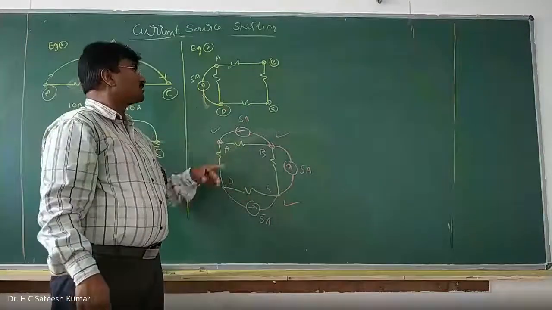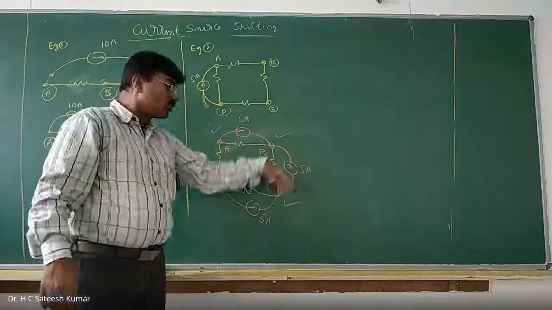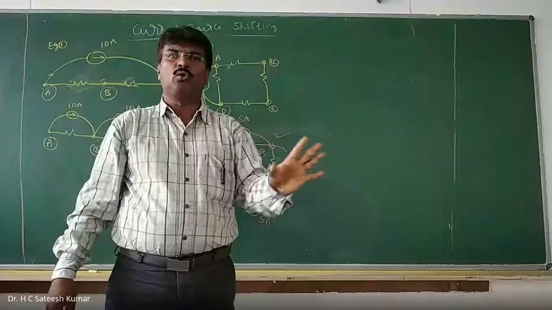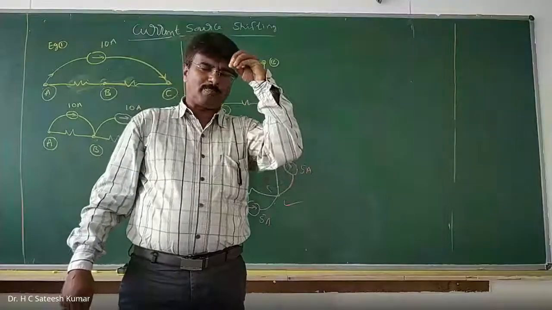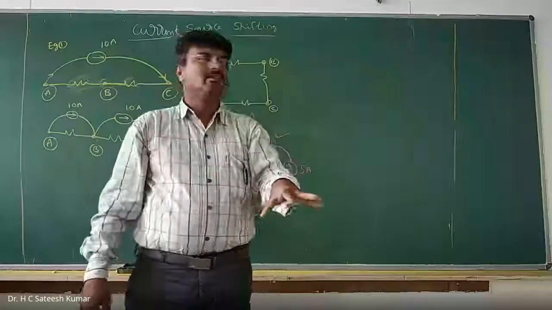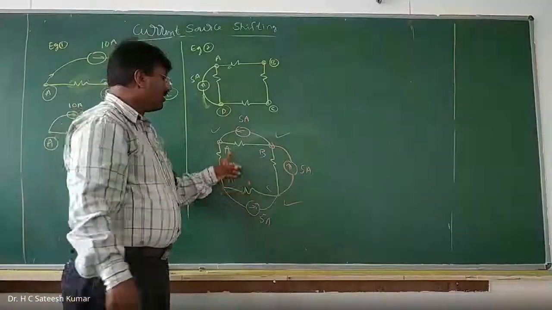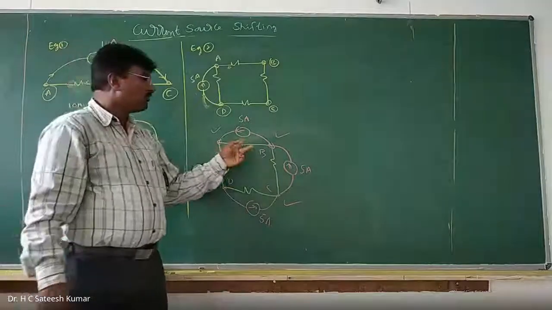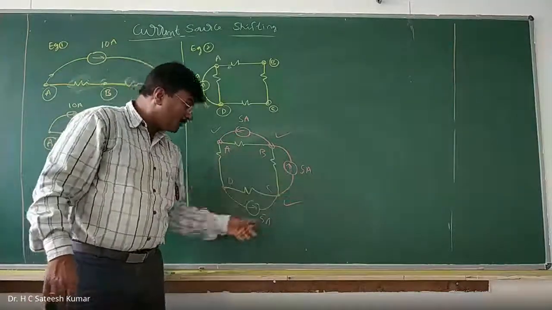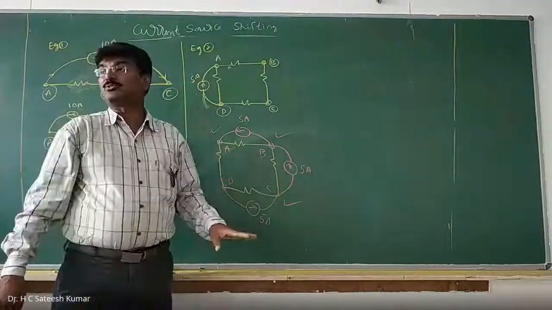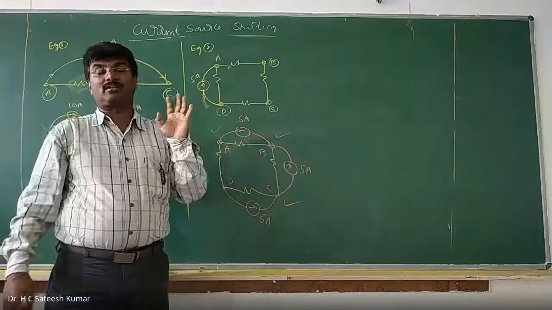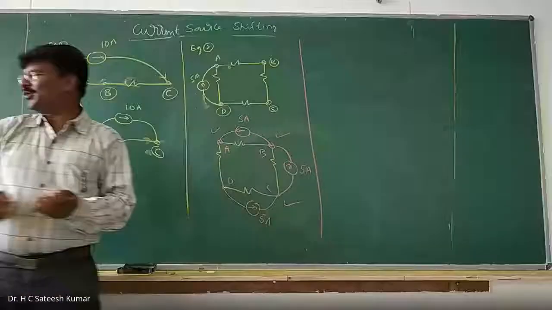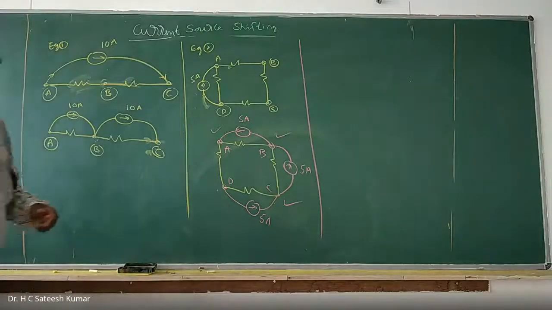You might be thinking, sir, we had only one source and now there are so many sources. Is it not disturbing the KCL, KVL and the value of the current? No. The source shifting property is such that even if we have 5 or 10 sources, because we are taking the algebraic sum and the directions will be different, it will be taken care of, and the effective current source will be only 5 amps. Even though we have 3 amps, this is another one. And interestingly, just for curiosity's sake, I am going to write one more. This is my own circuit.